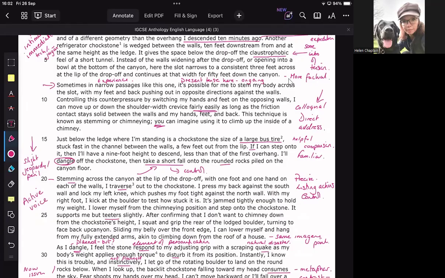We have this precision. He is actually doing all of these actions. He is active here. I traverse, I press, I kick. Yeah, he's listing these actions. He's in control, right? We get this kind of next hesitation in the tone where it says it supports me,